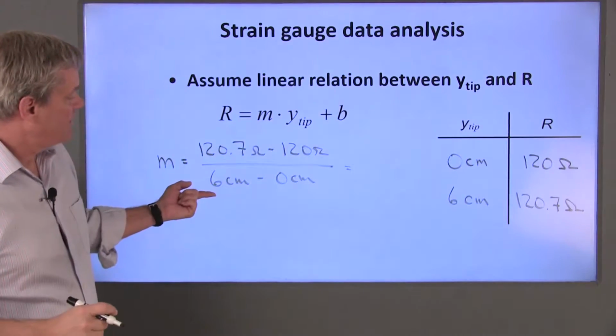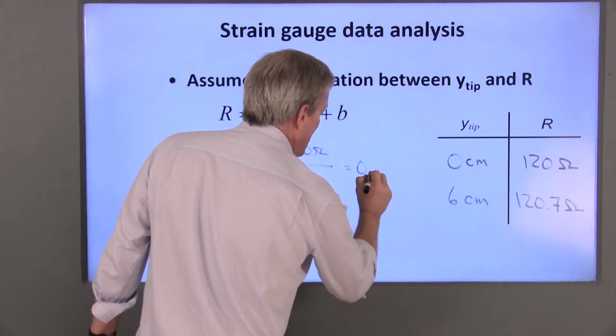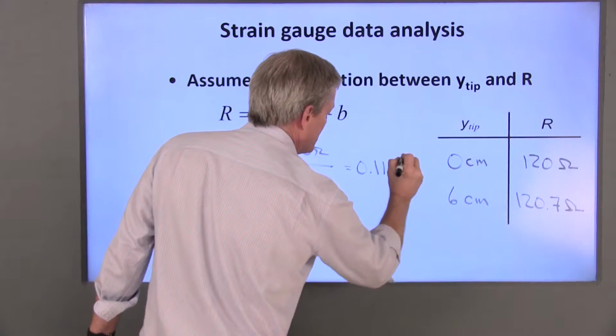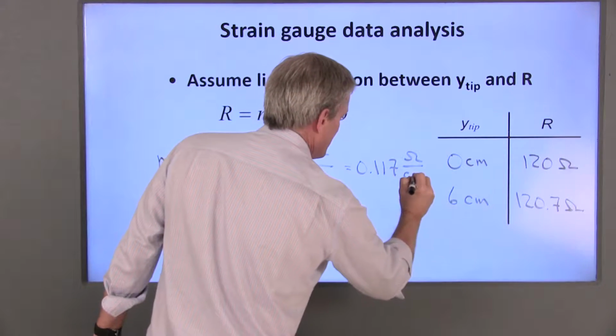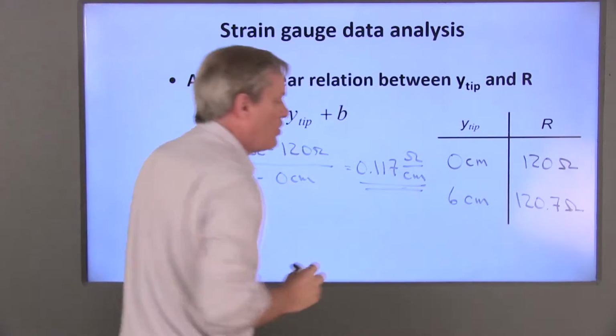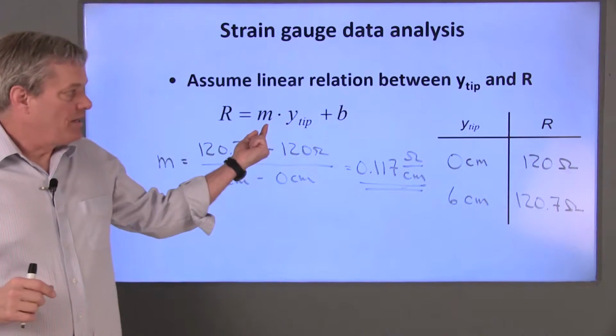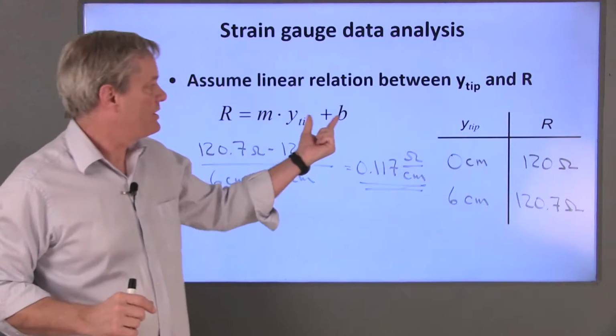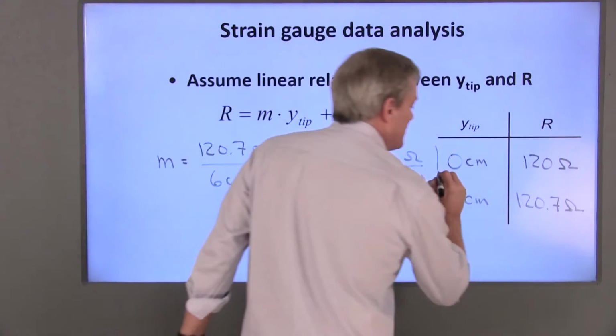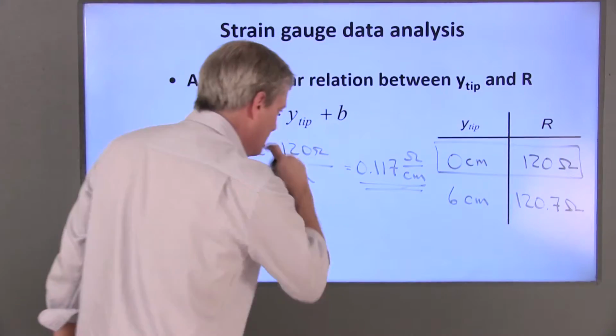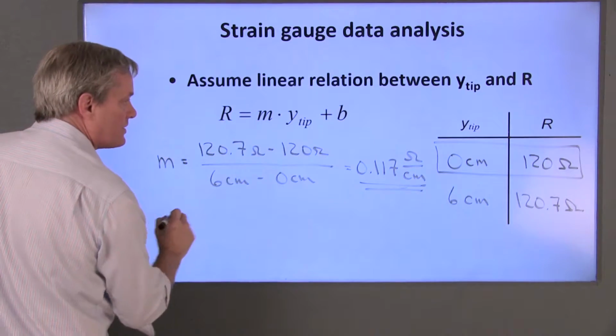This is 0.7 divided by 6, which is about 0.117 ohms per centimeter. That gives us our slope. Once we have the slope in here, we can use either of these points to estimate the y-intercept. I'll use this one. So the resistance,